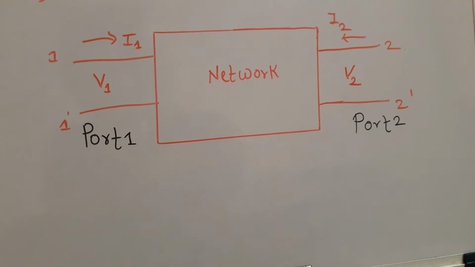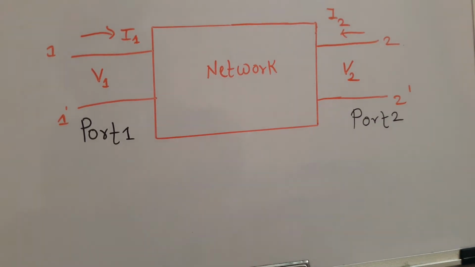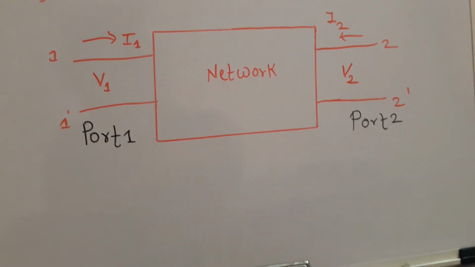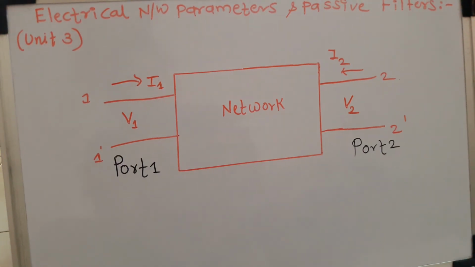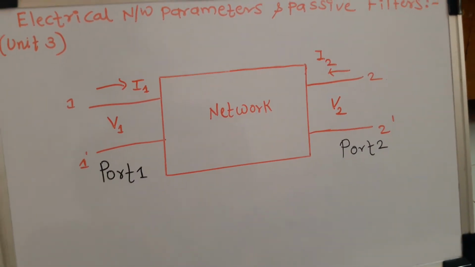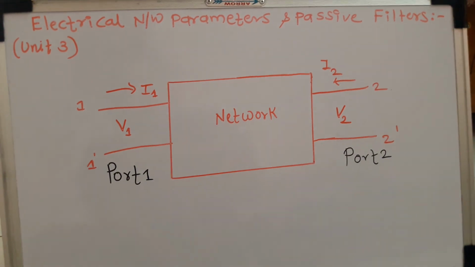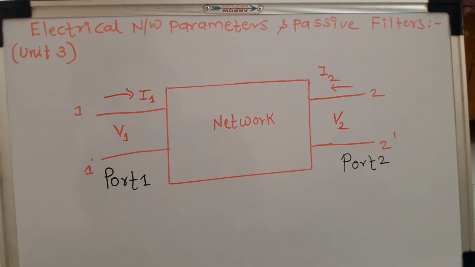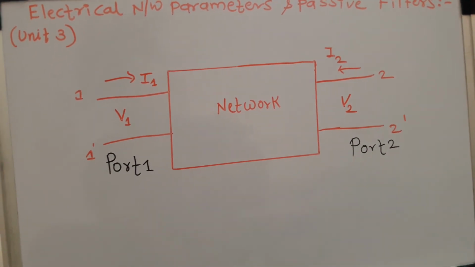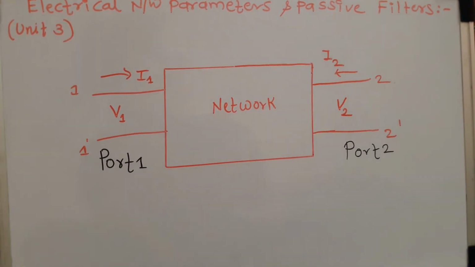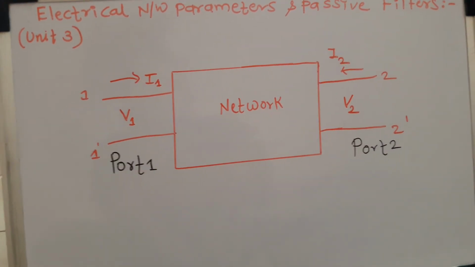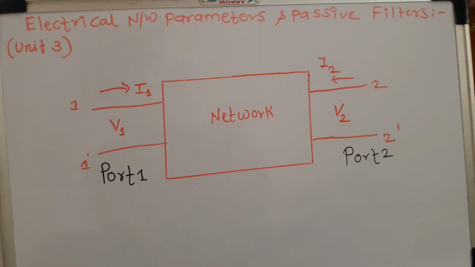Depending on dependent and independent variables, there are different categories of parameters associated with the network, like open circuit parameters, Z parameters, Y parameters, H parameters, and ABCD parameters, that we will study later on. But till now, remember what we mean by the network, what are the different sides of the network, what are the different ports of the network, and whether the ports are active ports or passive ports. This is required for further classification of the networks.